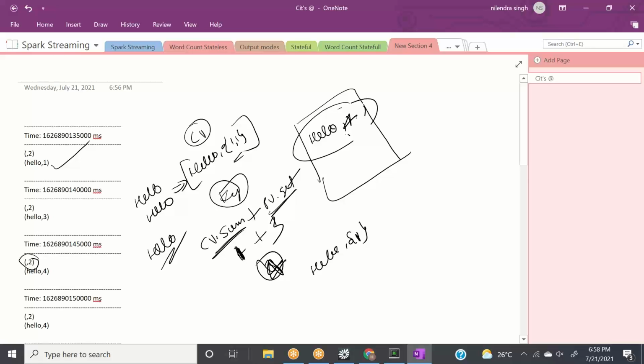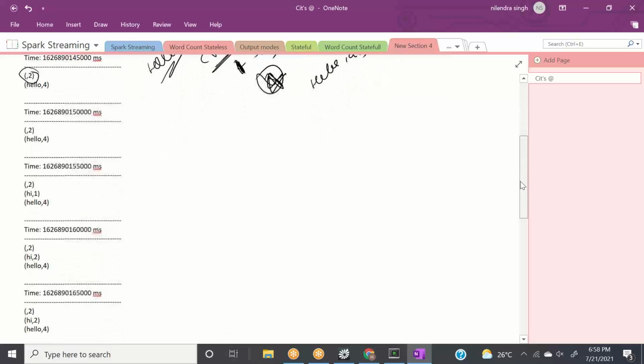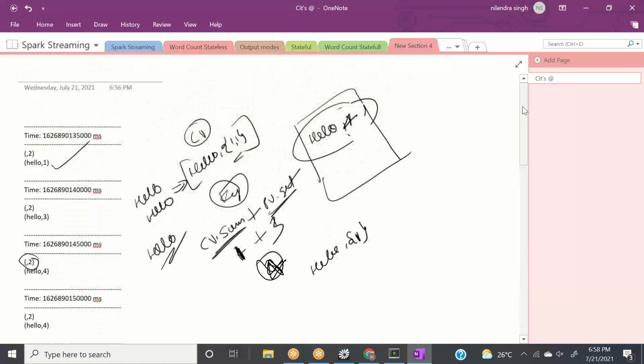One more thing we are seeing here, and I will tell you in the next few minutes, is that for the whole session it's maintaining the state. So let's say we are running this application for 24 hours and we're not terminating it.